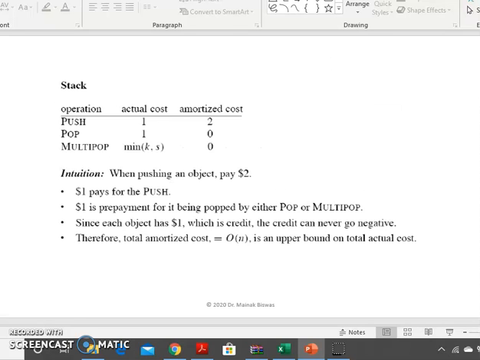In this case, for a push operation, the actual cost is 1, but we apply an amortized cost of 2. So if the push operation costs $1, we double it for the amortized cost, $2. That pays for the popping. If you are pushing, you are paying $2 instead of $1, because you do not pay for the pop operations later. So if you are pushing one item, you pay $2, but you do not pay for the pop operation. In this way, you prepay the whole amount.